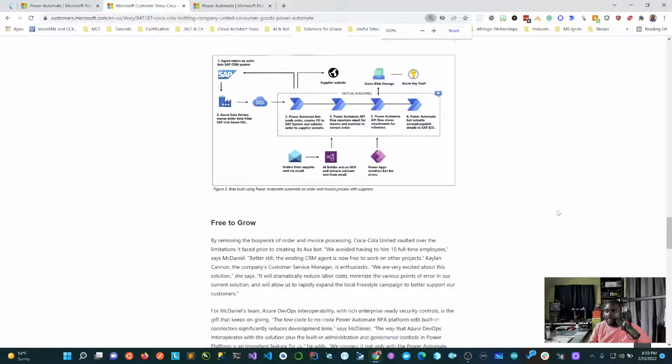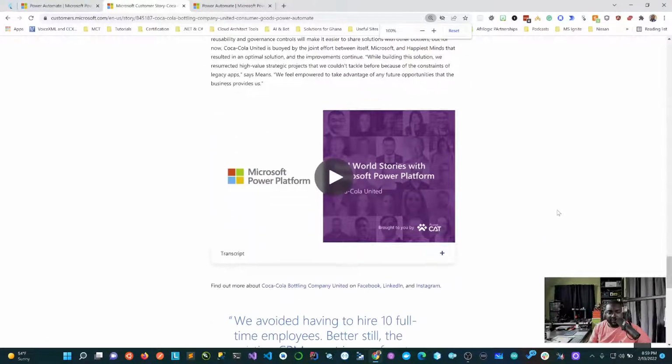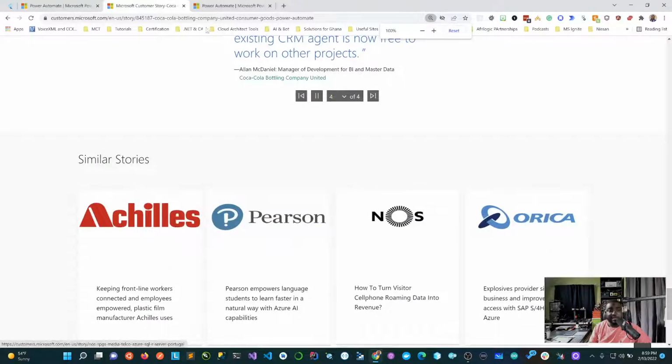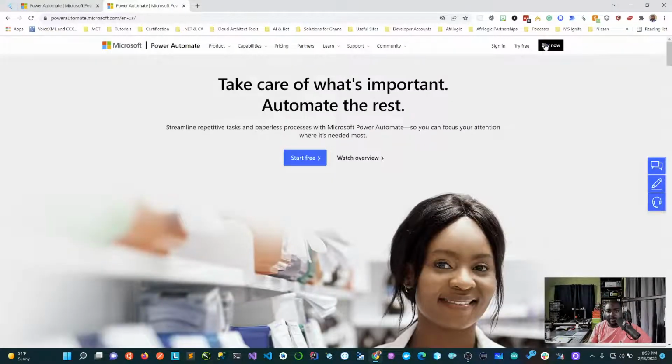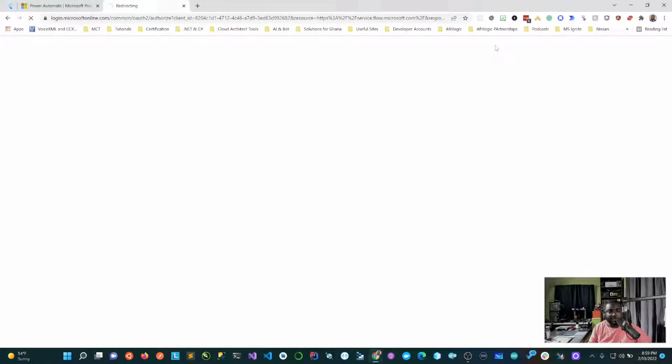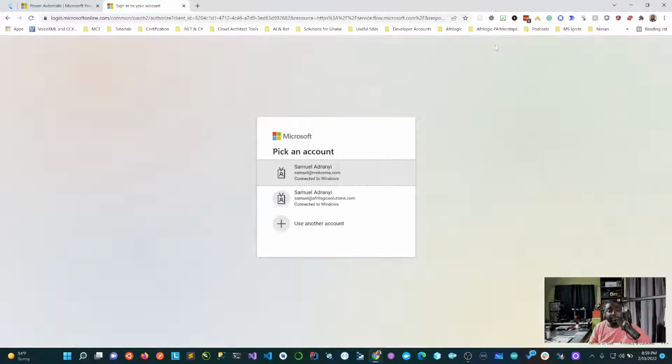I'm tempted not to play this, so we'll just leave it as it is. Yeah, I was trying to log in. If you're just joining us, this is the Power series. We try to demystify the Power platform to the barest minimum. Today is more or less a general discussion or ask me anything session on Power Automate. If you have any unique challenge or any question on Power Automate, you can drop it in the comments, whether you're watching from Facebook, YouTube, or Twitter. I will try as much as possible to answer that for you or demonstrate it.